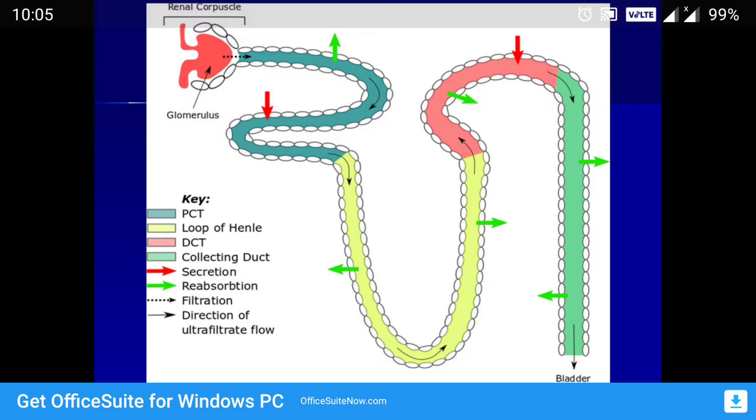This is a diagram of a nephron, which is a functional unit. First it starts with the glomerulus. You can see the red part which is labeled as glomerulus. Here the blood will be flowing from the arteries to veins. During this period there is filtration of unwanted material. You can see the dotted arrow. Unwanted substances will be filtered into these tubules, and ultimately, you can see the right side lower part arrow, it reaches the urinary bladder.